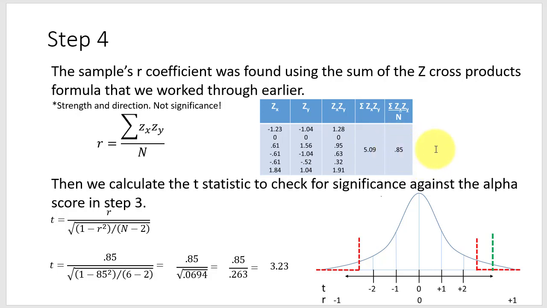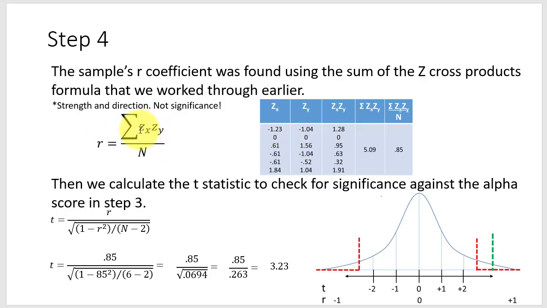0.85 is a pretty big correlation, so it probably would be significant, but we can't just rely on that. Let's say that we had a correlation coefficient of 0.5. That doesn't mean that it's going to be significant or non-significant, because it really does depend on how many pairs there are. Okay, anyways, we calculated our R coefficient by using the method in the formula by multiplying the pairs'